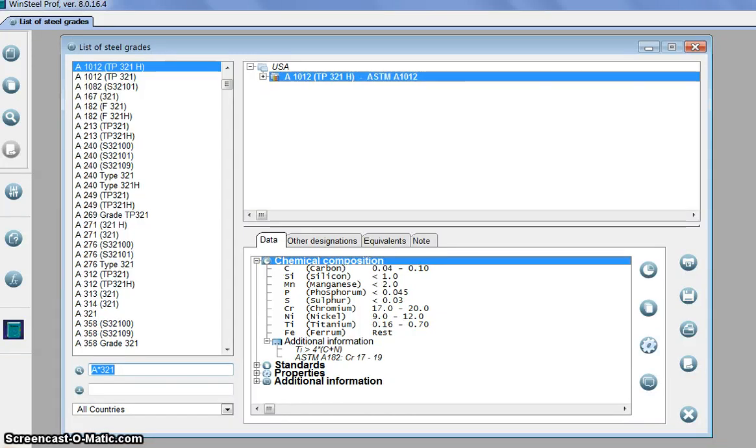Раз, два, три. It is very easy to find information on a steel grade you need using WinSteel 8 Prof